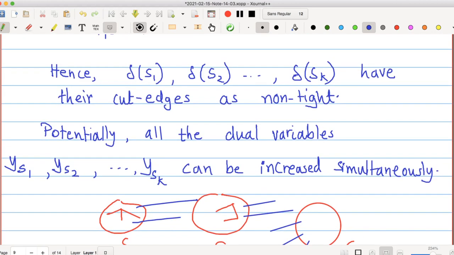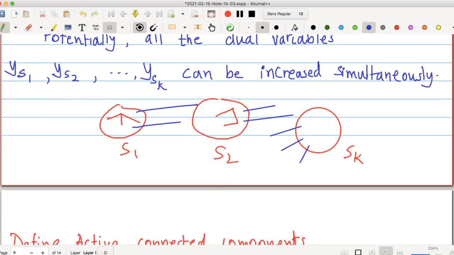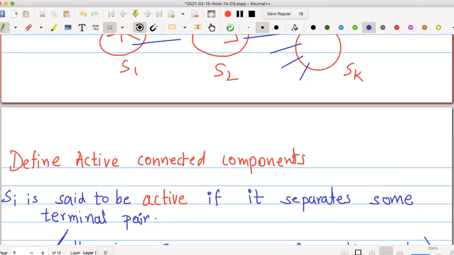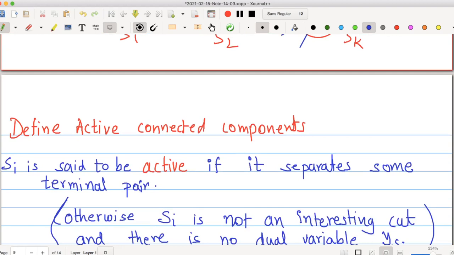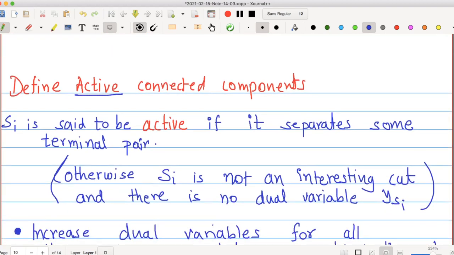But there is one thing you need to be careful about. We should only consider the active connected components. What do I mean by active connected components? These are those connected components that separate some terminal pair. If it separates some terminal pair, then it's interesting and there is a corresponding dual variable.